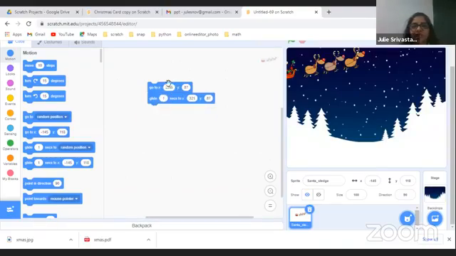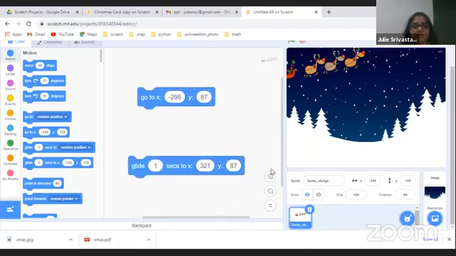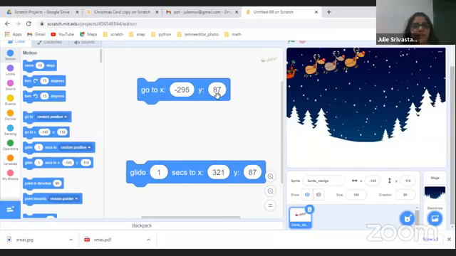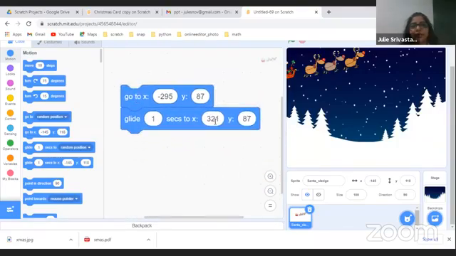We are going to change the values that are there in the go-to block. You have some numbers written there. The first number in the go-to block will be -295. I hope everyone can see this. It's -295 and 87. And this is going to be 321 and 87.